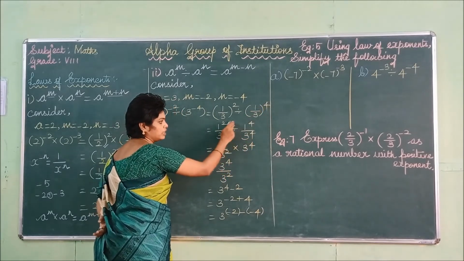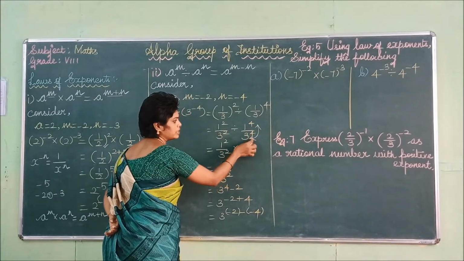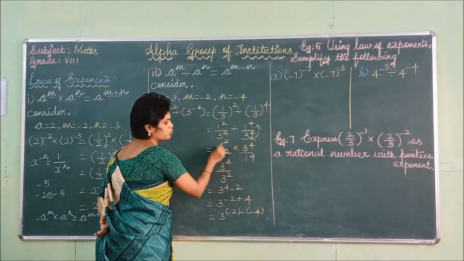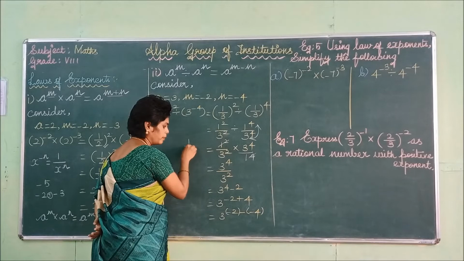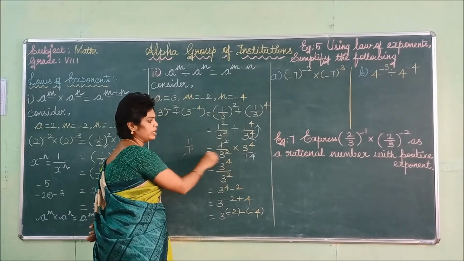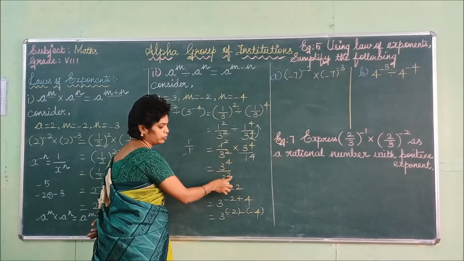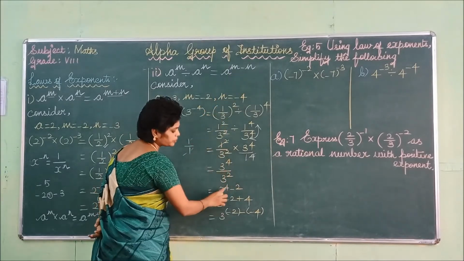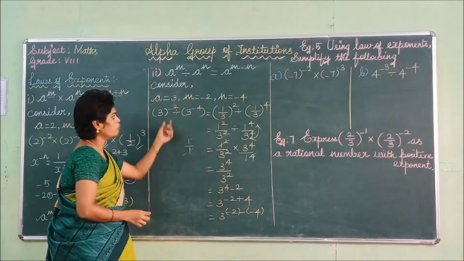So you can change this division into multiplication. This value gets reciprocal. That means 3 power 4, this 1 by 4 comes this side. So this one gets cancelled. 1 to the power 2 is also 1. 1 to the 4 is also 1. You can cancel this one. Remaining terms are 3 to the power 4 divide 3 to the power 2. So if it is in division, you can subtract the powers. So 4 minus 2. So here the values are what?